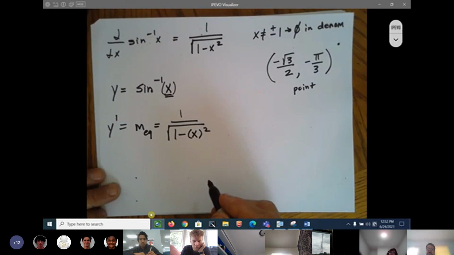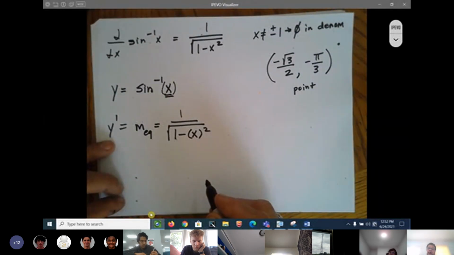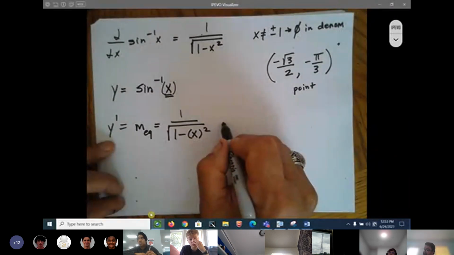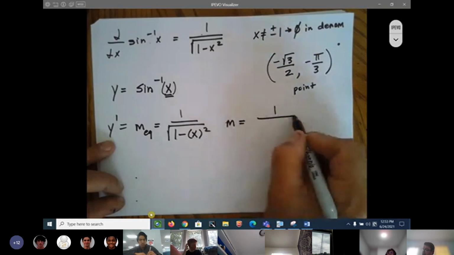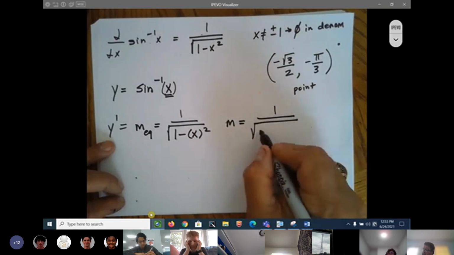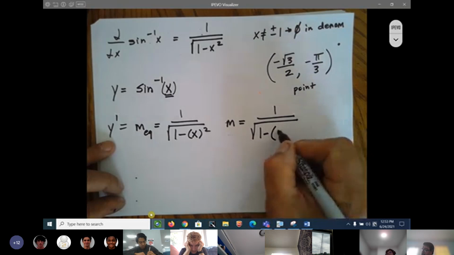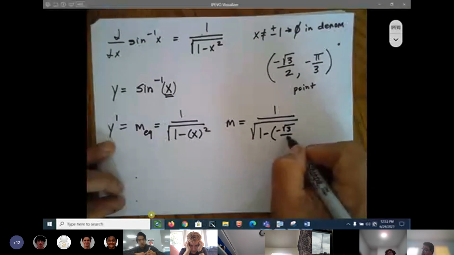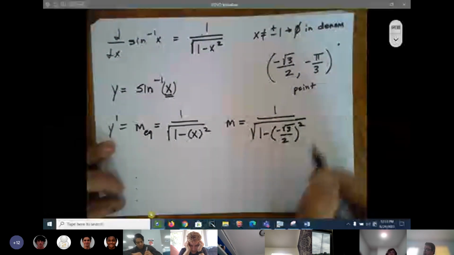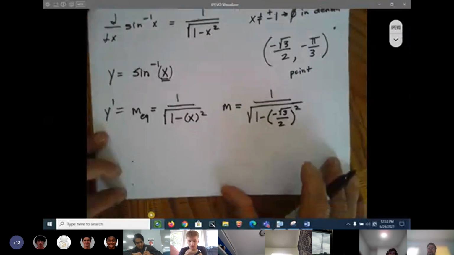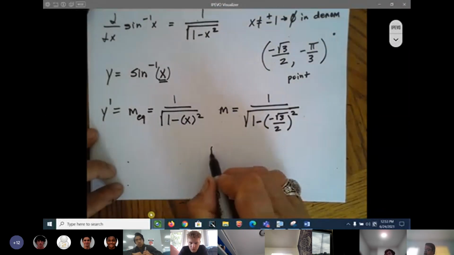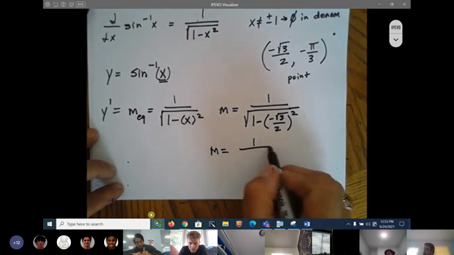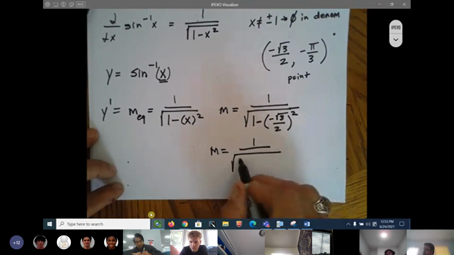So there's not really anything detrimental we did. And I need to find my slope. So 1 over the square root of 1 minus negative square root of 3 over 2 squared. And m is equal to 1 over the square root of 1